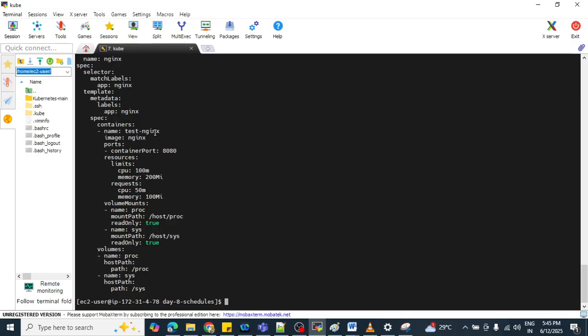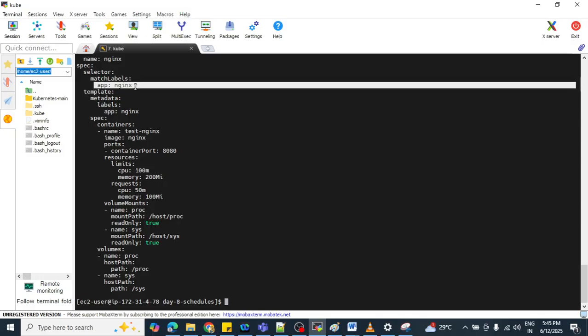Here this matchLabels, that is the app label, this one. This matches the pods managed by the DaemonSet. This label must match the pod label in the template.metadata.labels section.